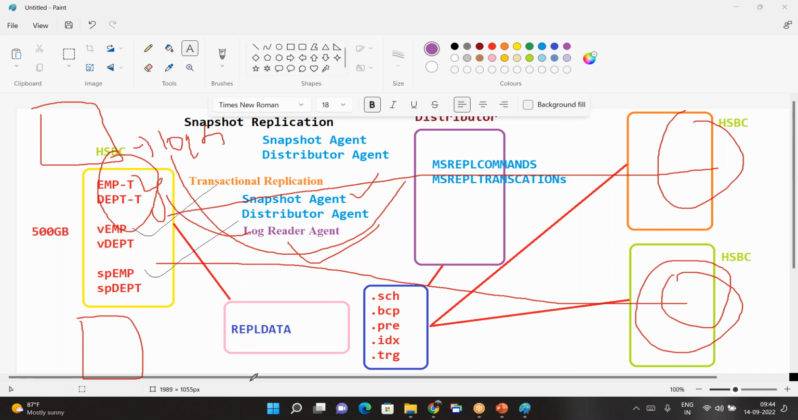Subbu, one last doubt. Yes, sir. Suppose the snapshot agent takes the snapshot at the initial stage. Suppose there are modifications in the publisher database. Those will be taken care of by the log reader agent, and passed via the distribution database to the subscribers. Post completion, after the data is received at the subscribers,